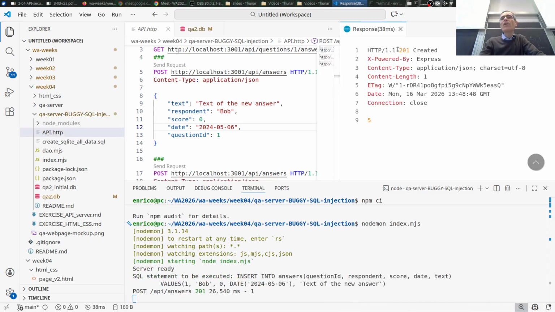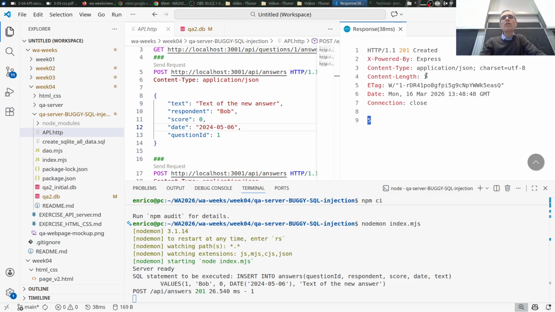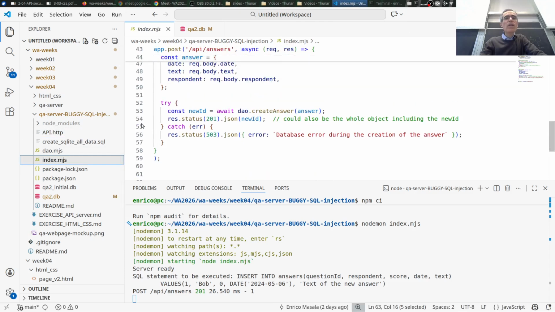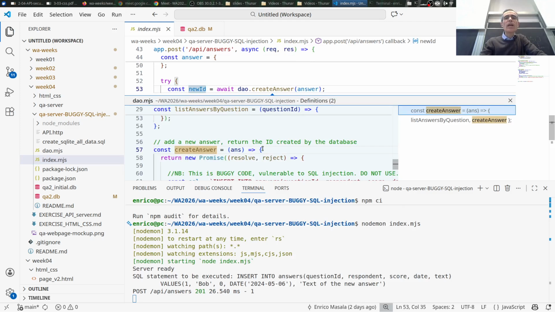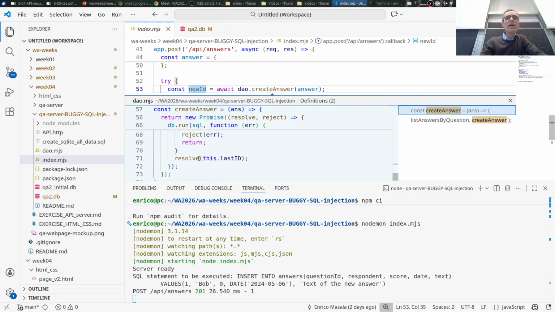Okay, created, 201, number 5, that's the answer, content length 1, it's fine. So that is what came out here, right? So we had status 201, JSON, new ID. New ID comes from the create answer. Create answer returns a new promise, with the buggy code and so on, and basically resolves this last ID, okay? The database tells us which is the last unique ID that has been inserted in the table. If you check the database,